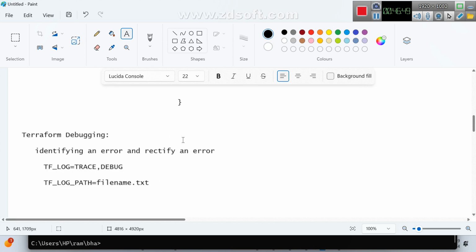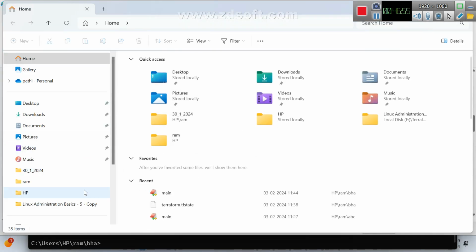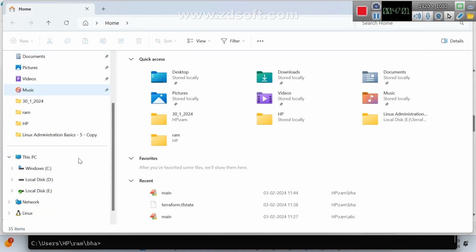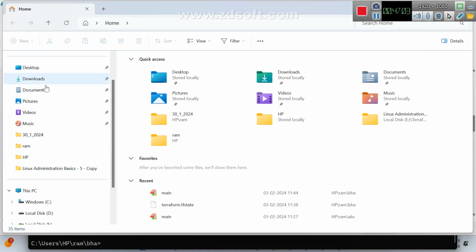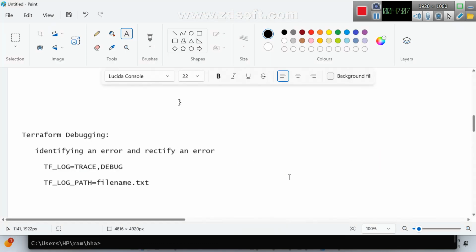If you want to implement this on Windows, we need to configure an environment variable. How to configure? I'll show you the document, and based on that we'll go on. If it is Linux, very simple.